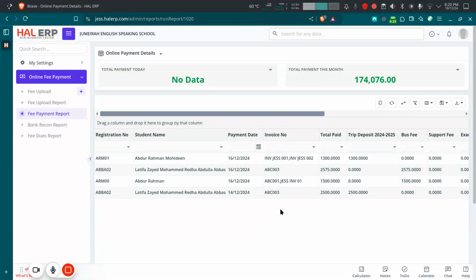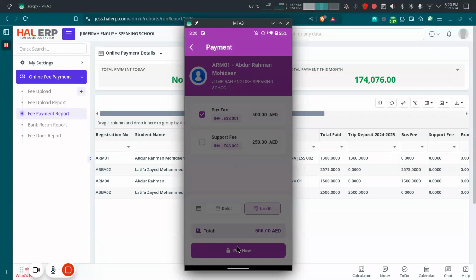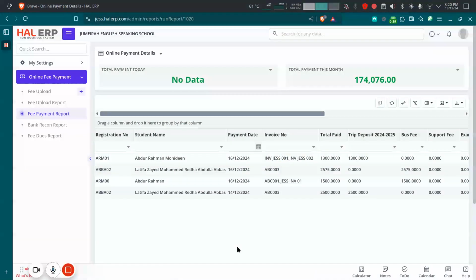Now let's take our previous example of the same student of ARM 001. Here you see that the student has a bus fee of 500 dirhams. So let's say we pay for the student. Once this payment occurs,